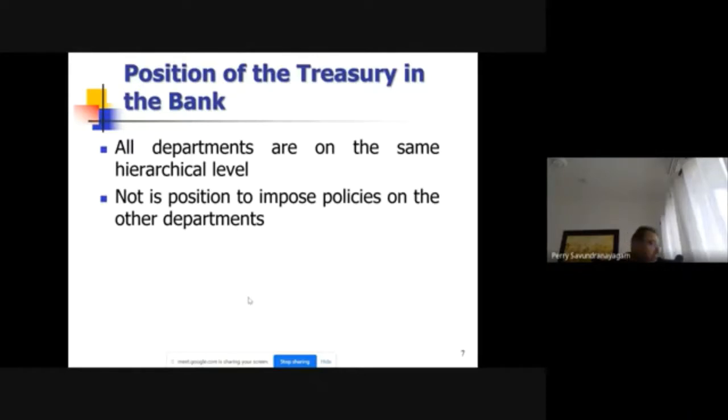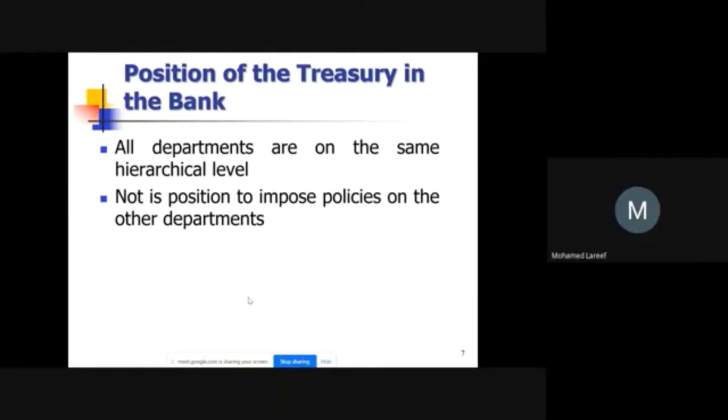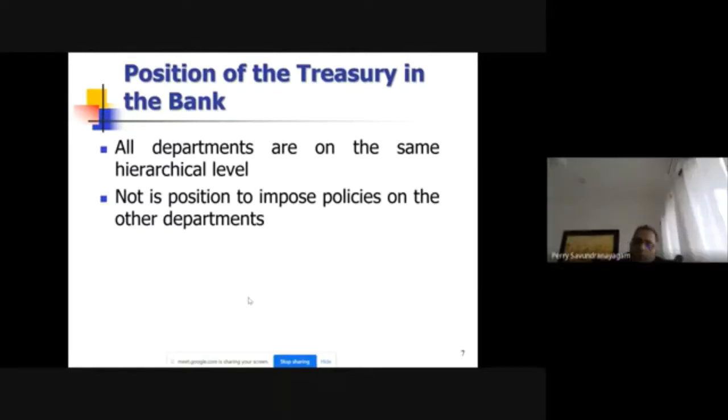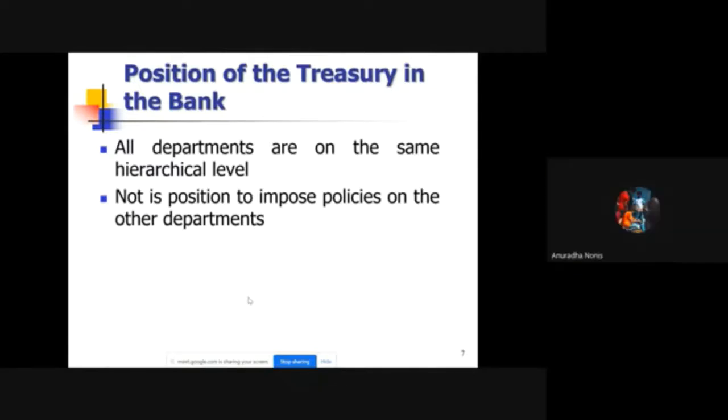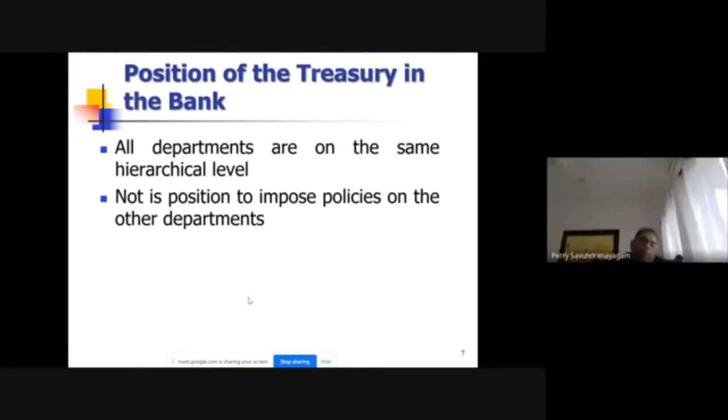Why is that important? So for the control purpose? Very good. For control. What control purposes are you talking about here? Treasury matches the assets and liabilities of a bank. Okay, right. No, so we are talking about why it is important for Treasury to be independent and not be able to influence the other parts of the bank. Why is that important?